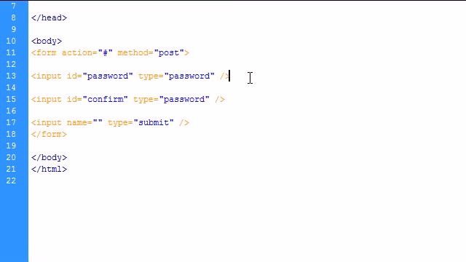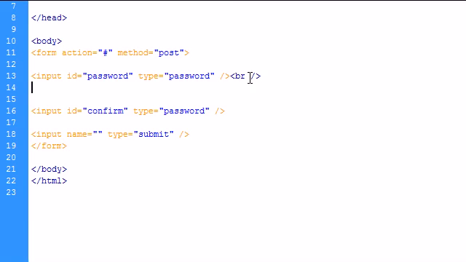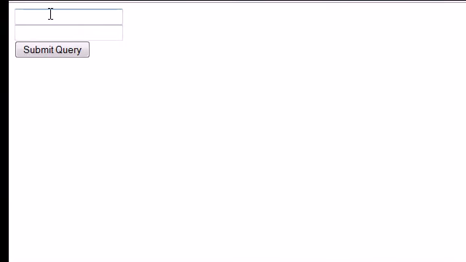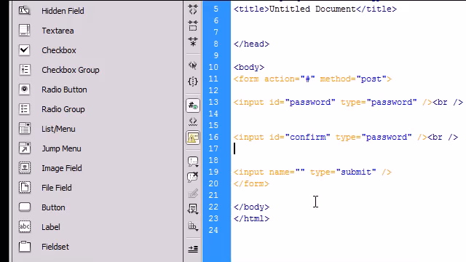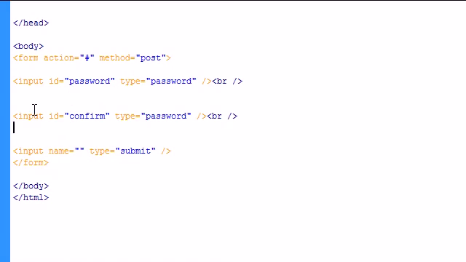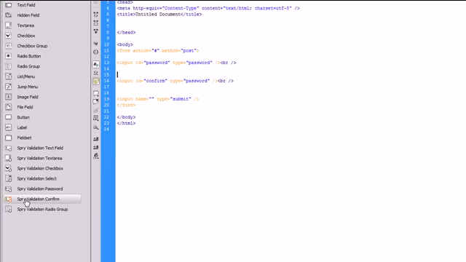I'm also going to add a break tag in there so we can break them up a little bit. There we go. We have two different text fields. And so now that we have our original text password field and our confirm password field, now we can go in and click on Spry validation confirm,